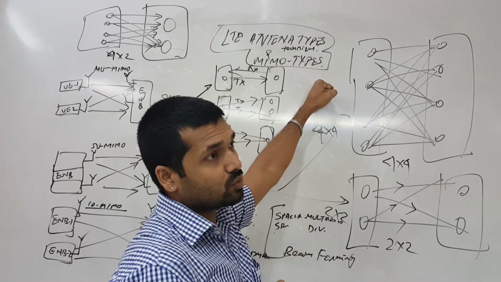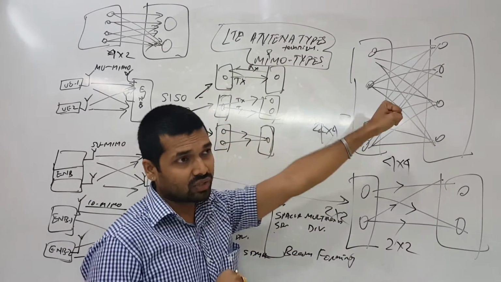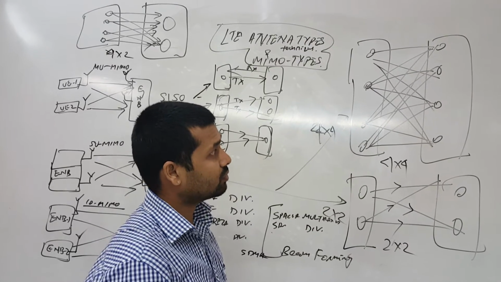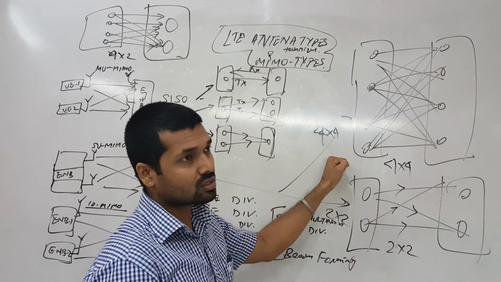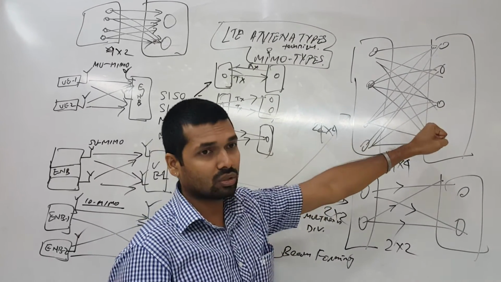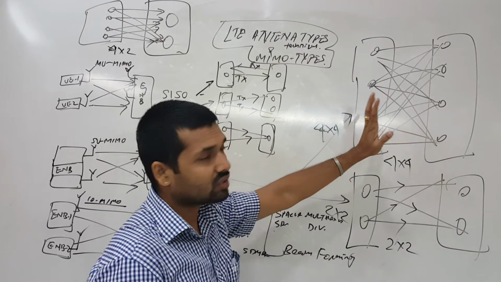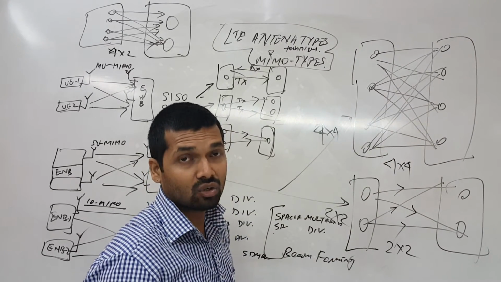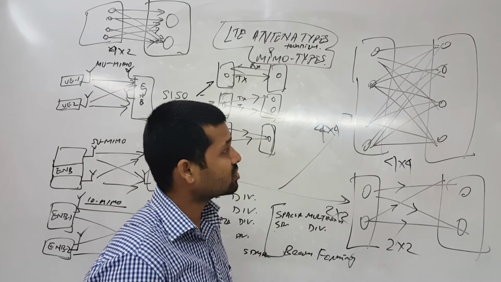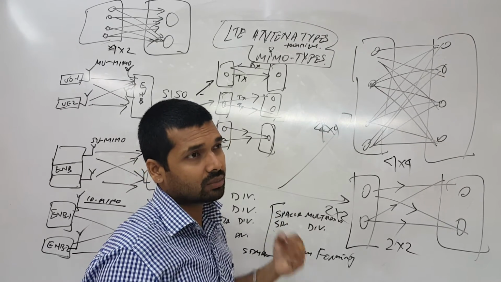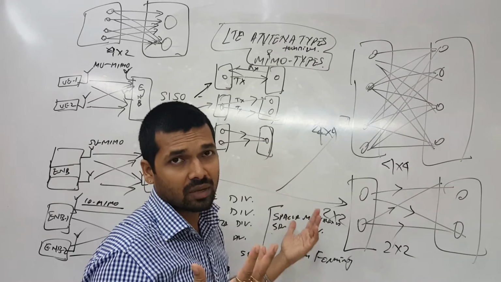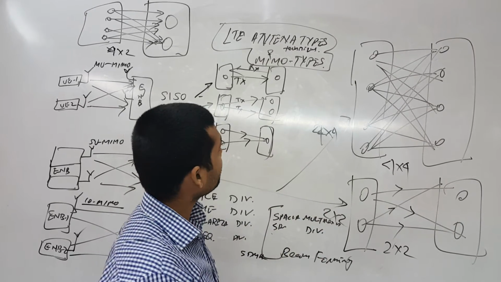And the last one is 4x4. It is very sensitive towards radio conditions. Only if we are having better radio conditions and we are having 4 antennas supporting in the base station, and also in the handset end, then we can definitely have better throughput with higher order modulations. Let's say 64QAM with 4x4, you can get the best throughput if the transmission pipeline is also adequate.